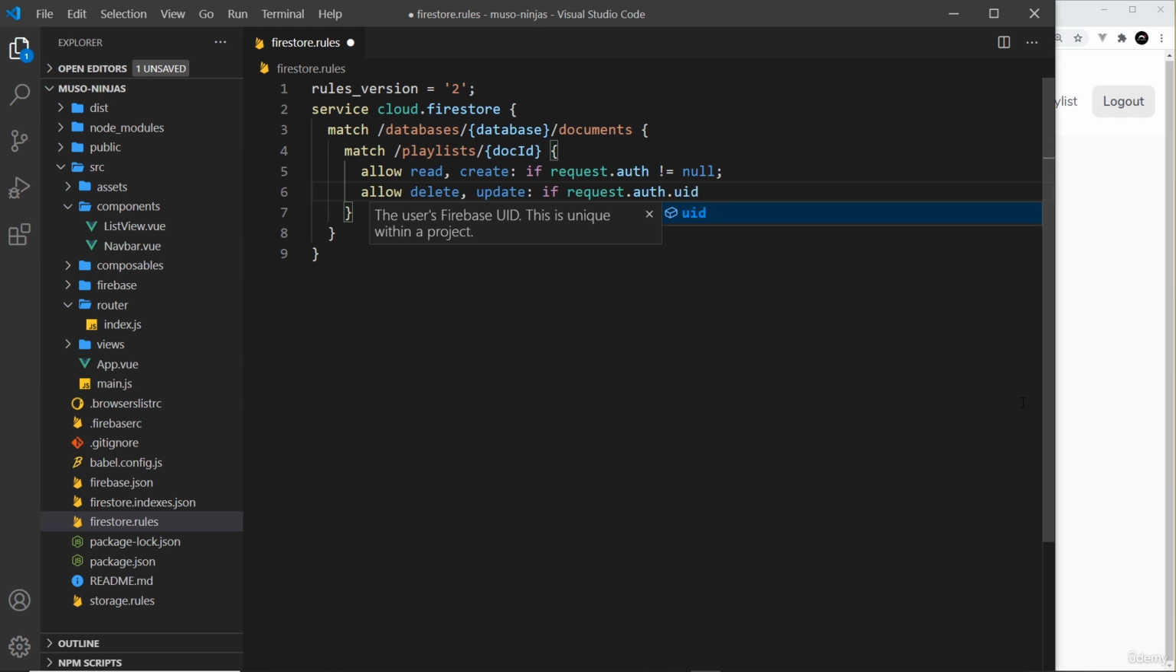We need to say that the user owns this document. Now on the auth, we can access the UID property. So that's the ID of the user making this request. And we can check, is it equal, so double equals, to the resource.data.userID. So this right here, this resource represents the resource we're trying to either delete or update, so